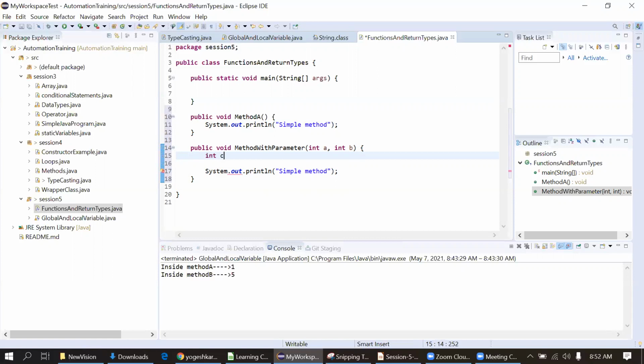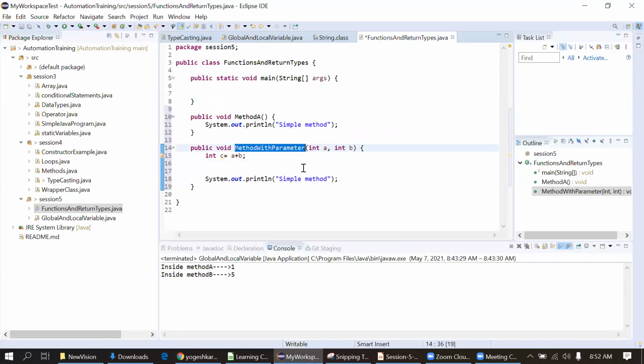So I will declare integer c now. C is equal to a plus b. Now I will print the value of c. I'm copying this method name in the sysout intentionally to see which method got printed.